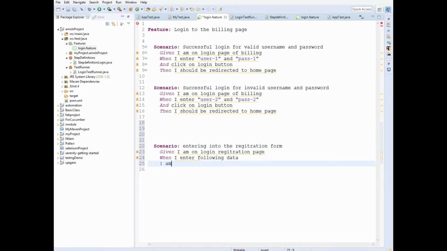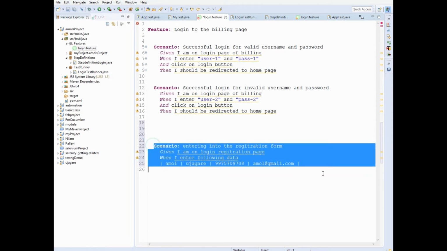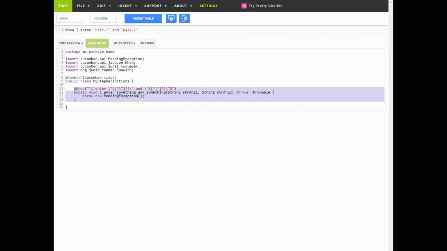So I'll write this Amol, first name, last name, then contact number, let's say, email ID. So that's it. So for this scenario, let's generate the step definitions using Tidy Gherkin.